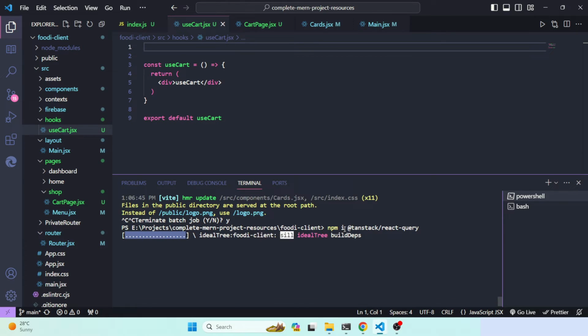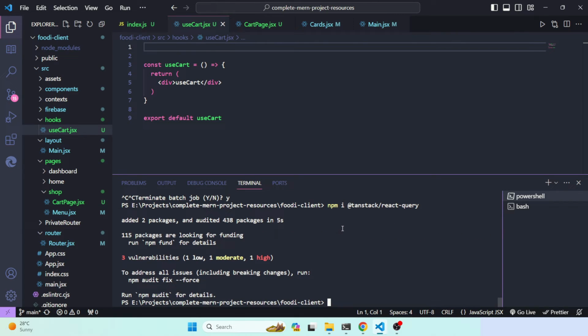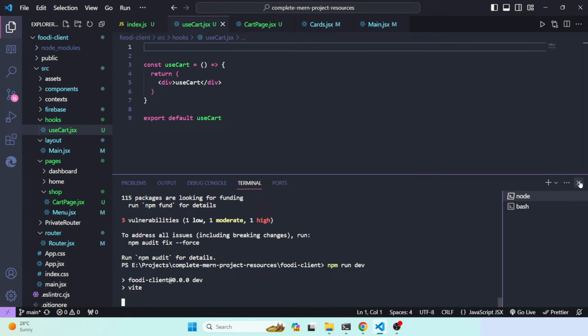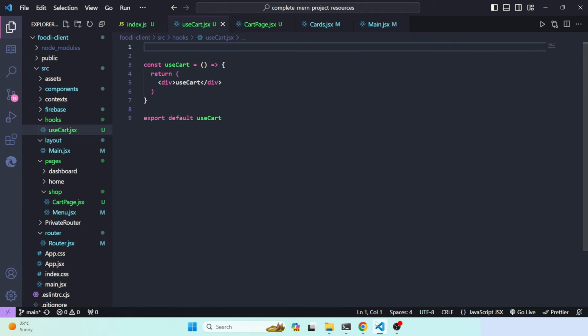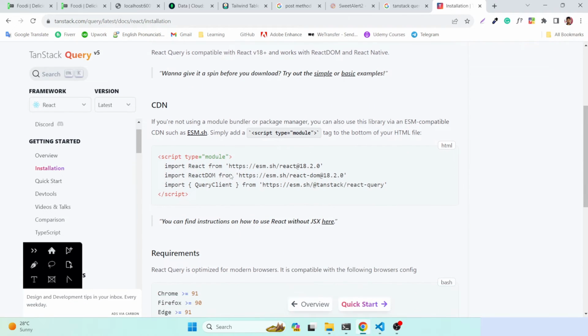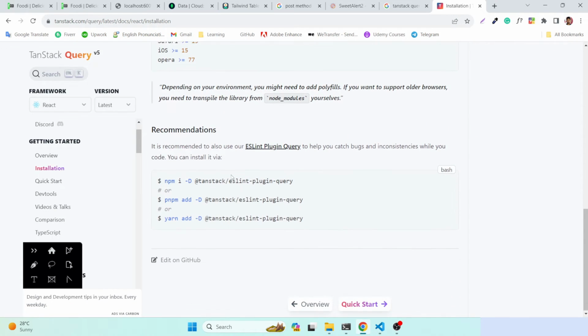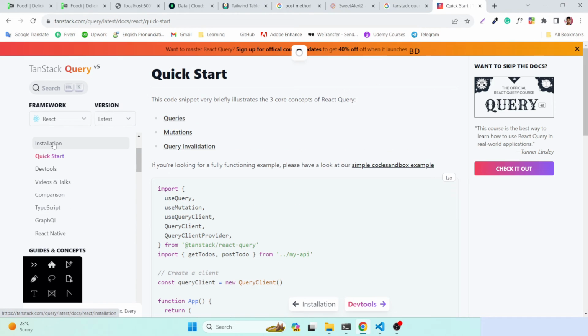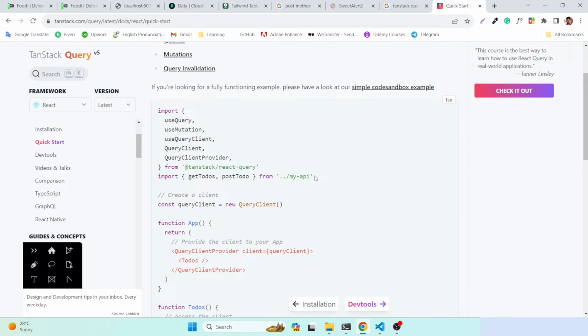So after installing this, we have to run this project, so that's why npm run dev again. Okay, so the next task is we have to use it. The way to use it is, we hit this Get Started or Quick Start. It says you have to